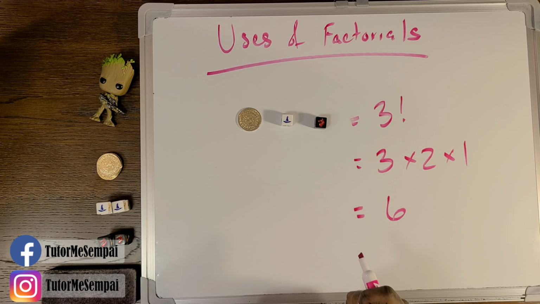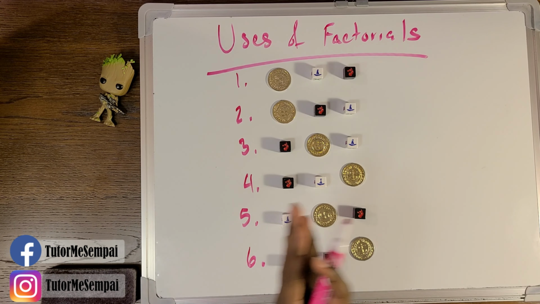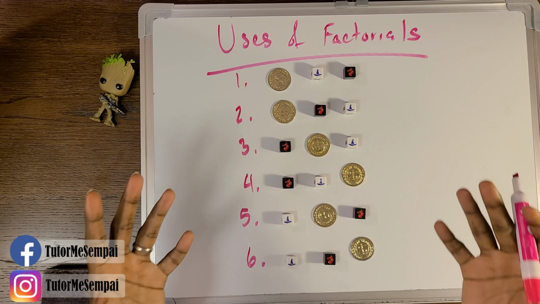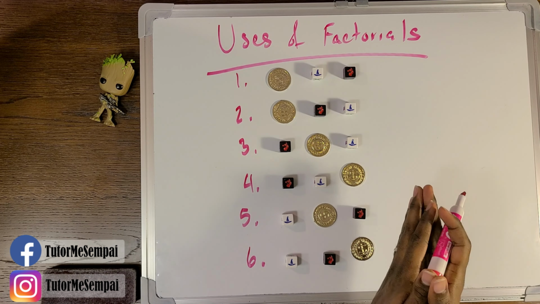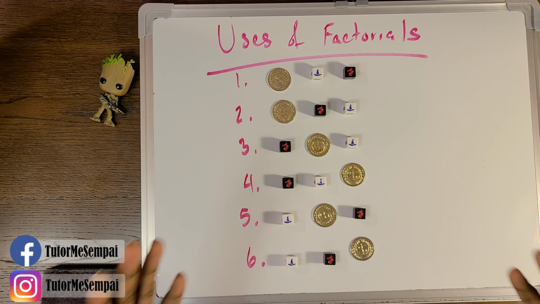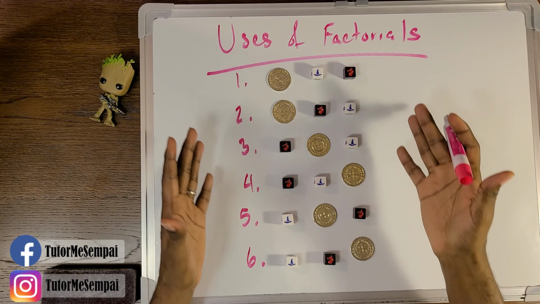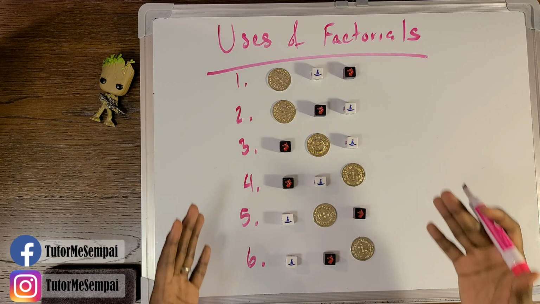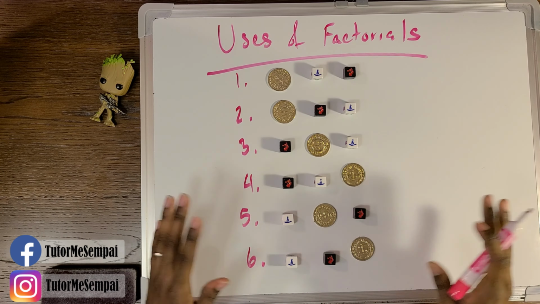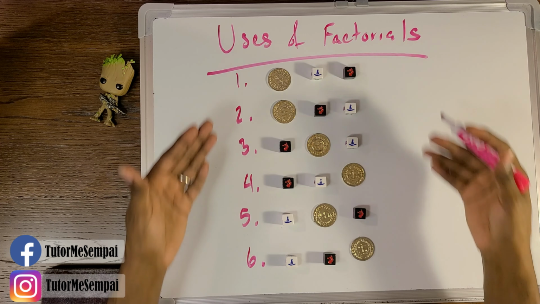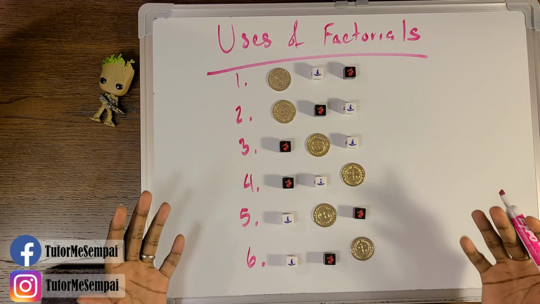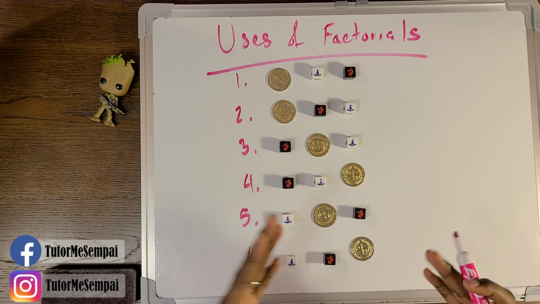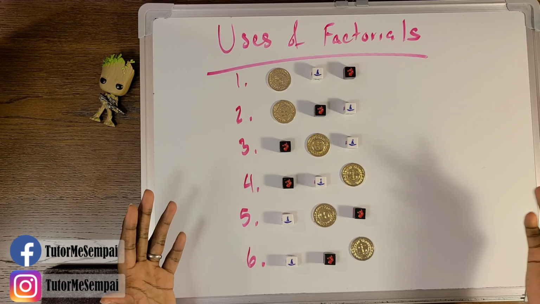Let's see if our math pans out. If we had 3 objects that we wanted to arrange, and we want to know how many different ways we can arrange them, well, our math said it should be 6. And if we actually try to arrange them, these are going to be the 6 different ways. There's no other way we can arrange this than what's listed here. So it seems like our math pans out, and you can look at this with higher examples if you have